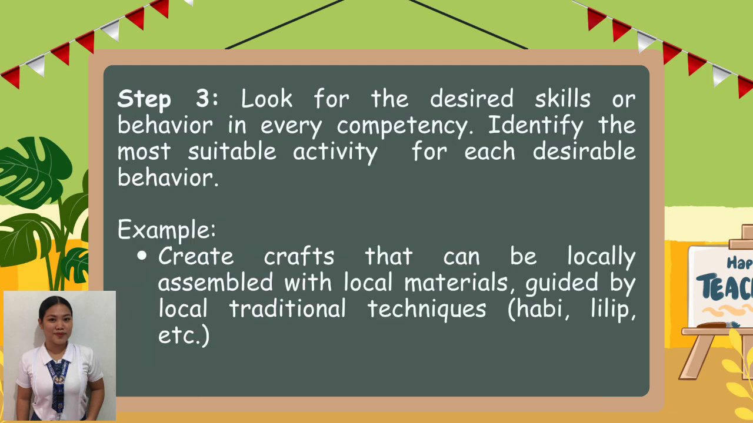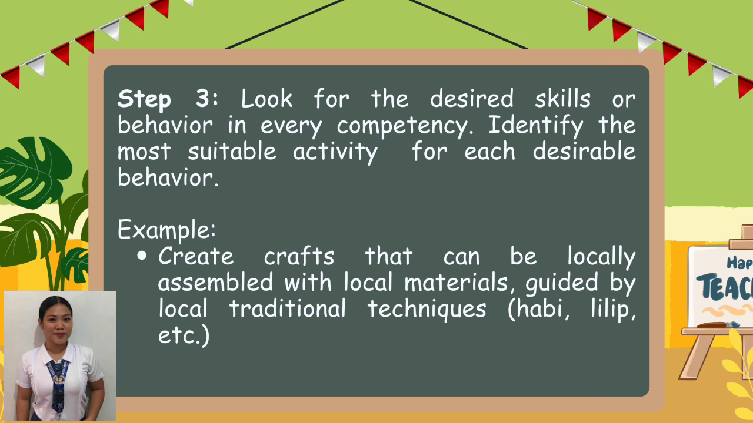Step 3. Look for the desired skills or behavior in every competency. Identify the most suitable activity for each desirable behavior. Example: create crafts that can be locally assembled with local materials guided by local traditional techniques, such as hobby, tip lip, etc. The desired behavior or skills in this learning competency is for students to create crafts assembled with local materials